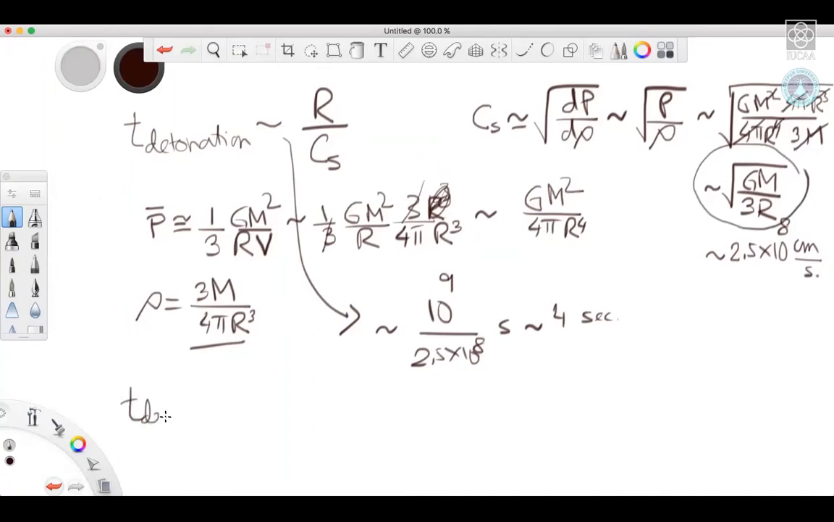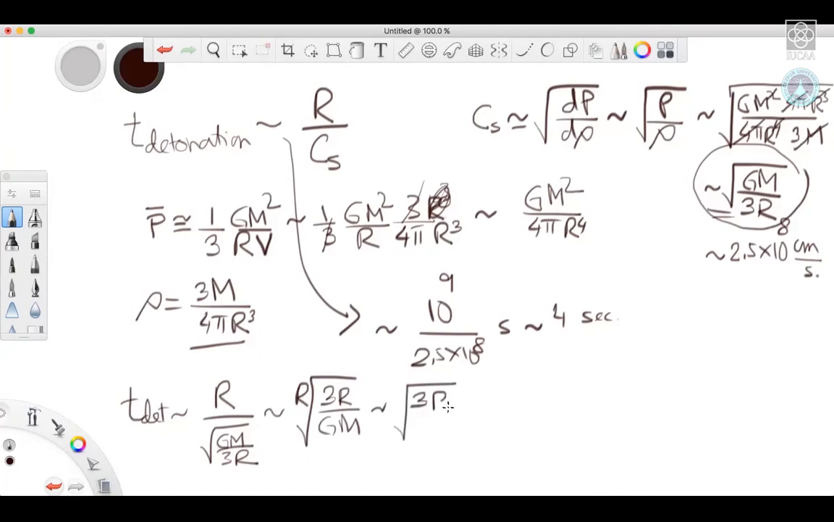So the time of detonation, I'll just write it like this: r divided by the speed, which is the square root of GM over 3R, right? That's the speed here. So I should write r downstairs, and if I take this r inside, then I'll get something like the square root of r cubed over GM. Now this is very close to, see, M over 3r cubed, that is